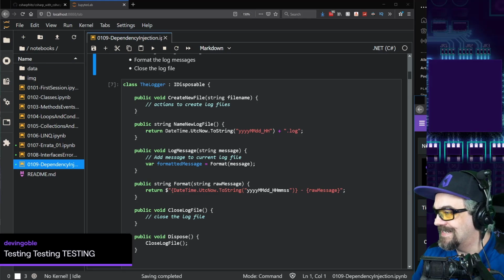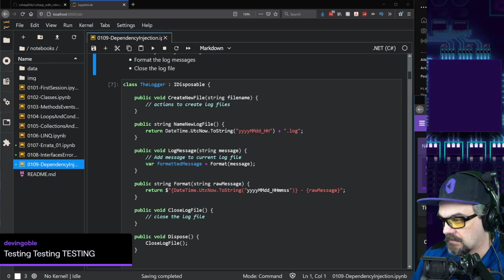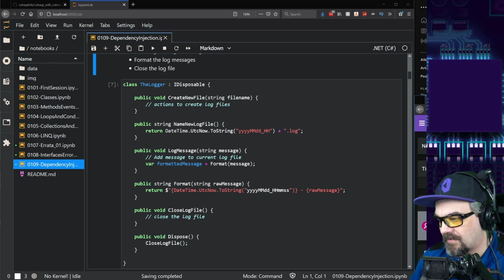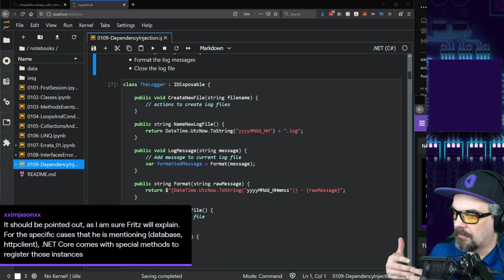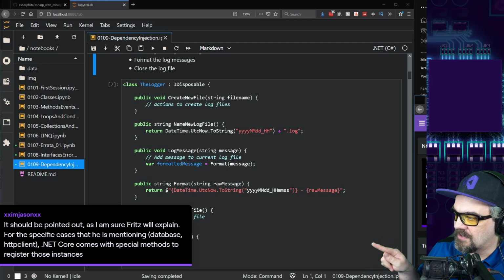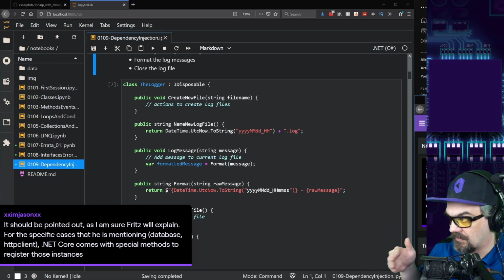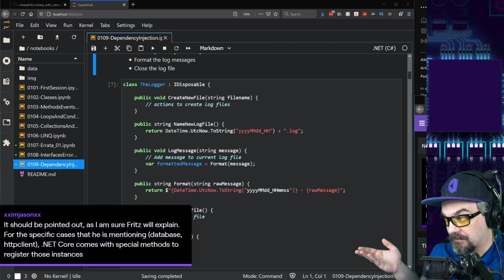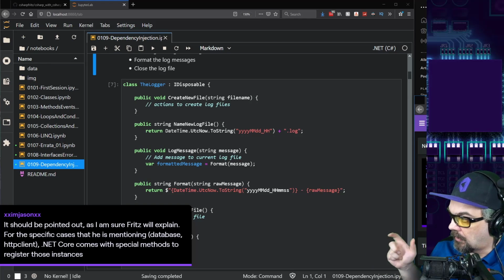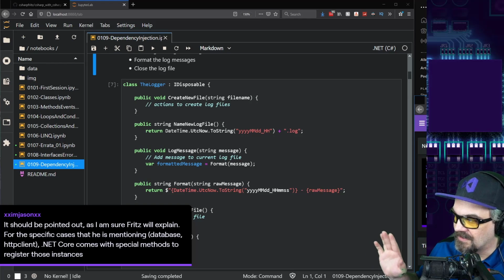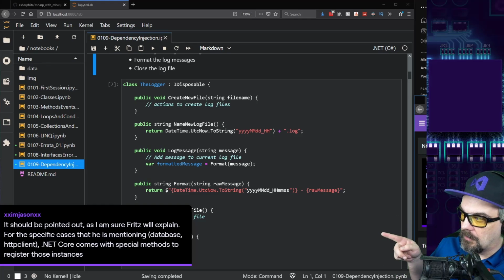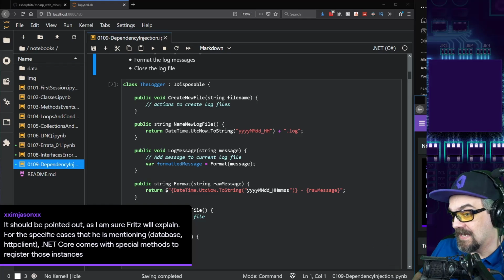You're right, Jason. Inside of ASP.NET Core, there are some helper methods around that services object to help register interactions with a database, and to help register interactions with web servers using what's called the HTTP client. There are shortcut methods that'll register and configure that for you, and we can get into that more when we start down the ASP.NET Core